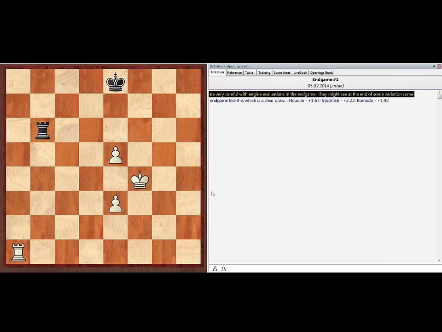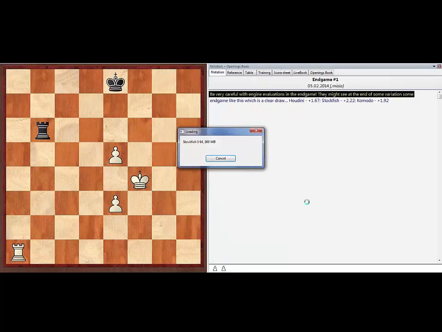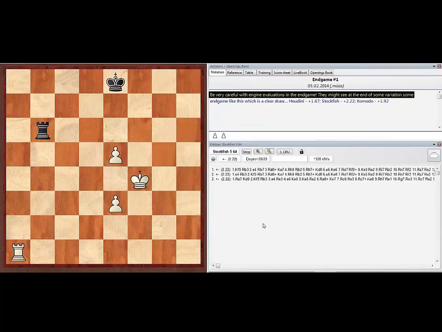It's actually even in the table base. You can check it through the table base. This position is drawn. Even though white has doubled pawns, black has the Philidor position, which can transpose to other ones. This is a draw, and if you know how to draw, here you will do it against any engine. But if we turn on, let's say, Stockfish, and ask it to evaluate this position,